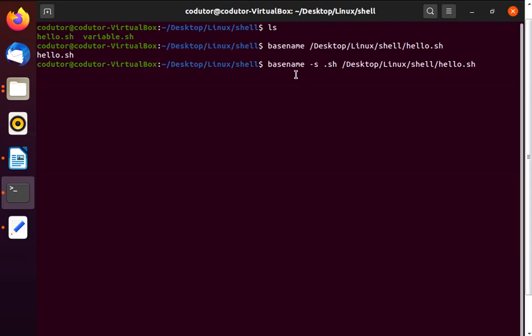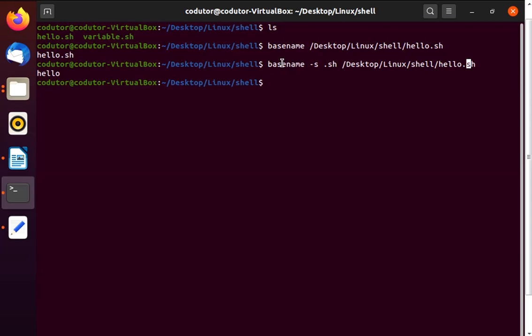Basename will remove this part, so only hello will remain here. This -s .sh tells it to remove the dot and sh from the string, so it will print only hello. Here you can see. So this is how we can use basename to chop strings.